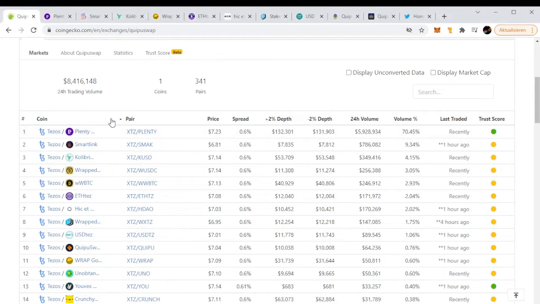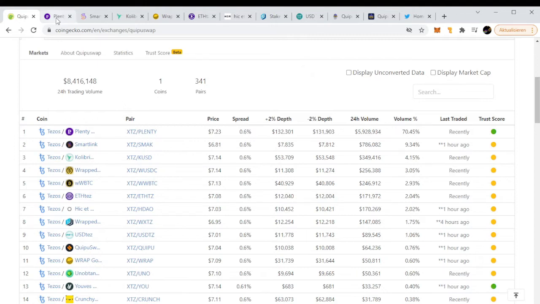So first of all, of course, we're going to start with the very first item on the list, which is Plenty. Now, Plenty is the most traded, and it is definitely the biggest DeFi project on Tezos. Now, what is it exactly? It started as a farm, a very simple farm. You stake things, you get plenty in exchange, and then you can use these plenties to buy more things to stake. And the fees that were collected when unstaking were used to buy and burn plenty, and so it kind of created a whole cycle. But now it is also an exchange,